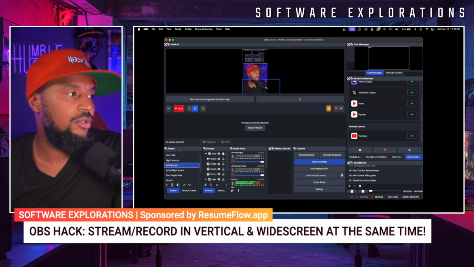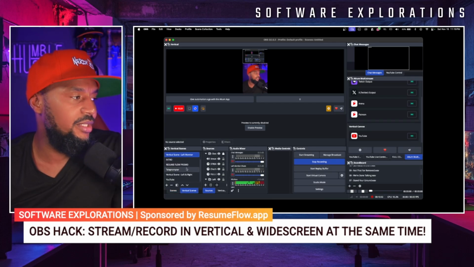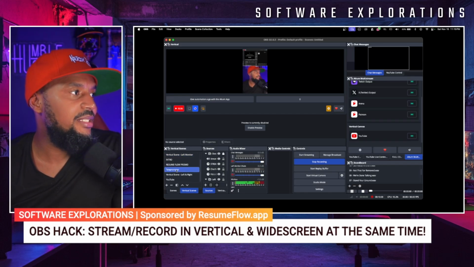So you can see the vertical mode. Basically what I have is my scenes, and then in vertical scenes, I added a dock for the vertical scenes. What you can see here is I'm saying to,